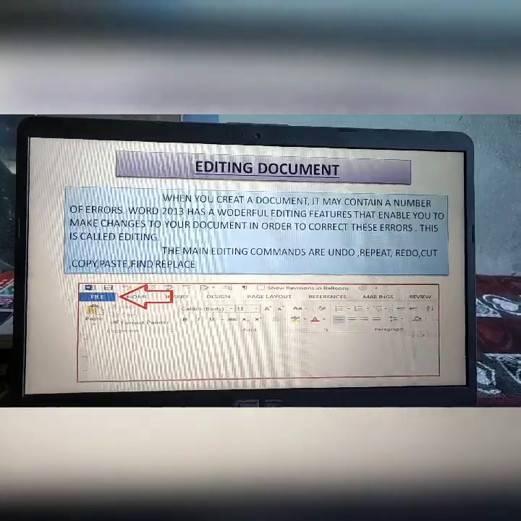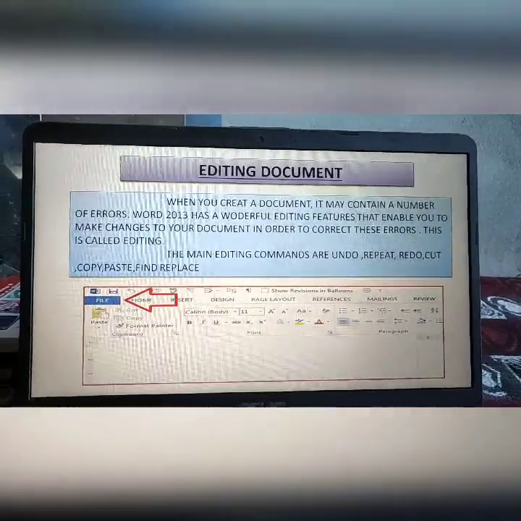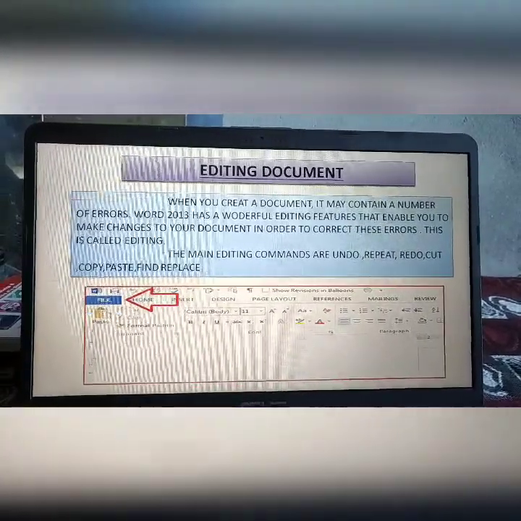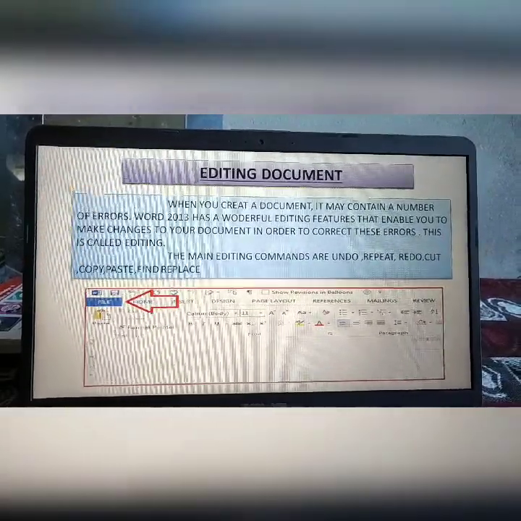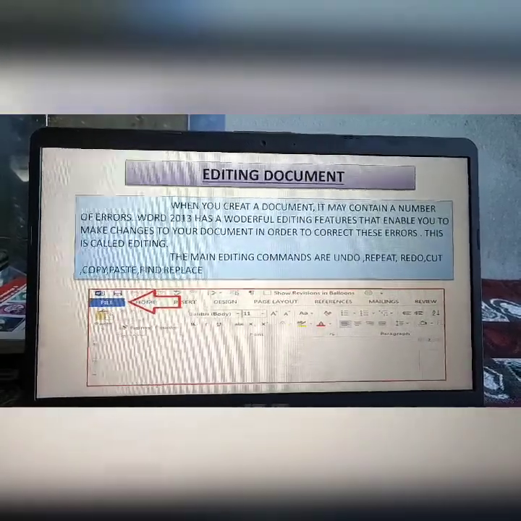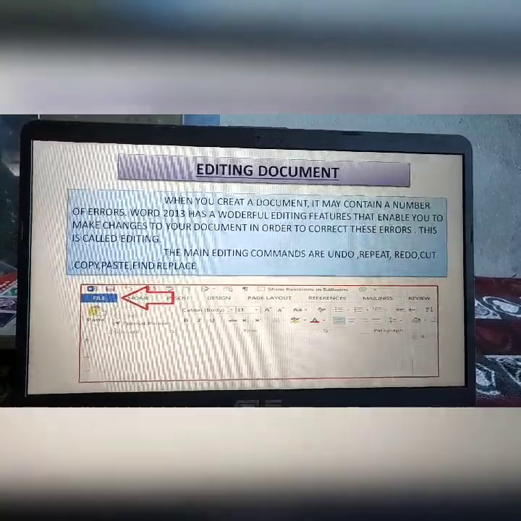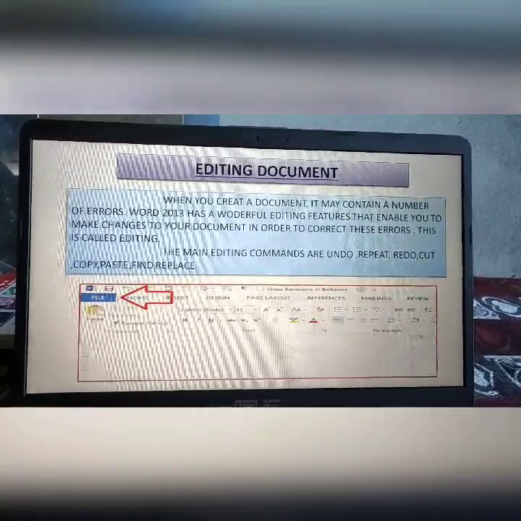Generally there are lots of mistakes there. And Word 2013 has wonderful editing features that enable you to make changes to your document in order to correct these errors. This is called editing.